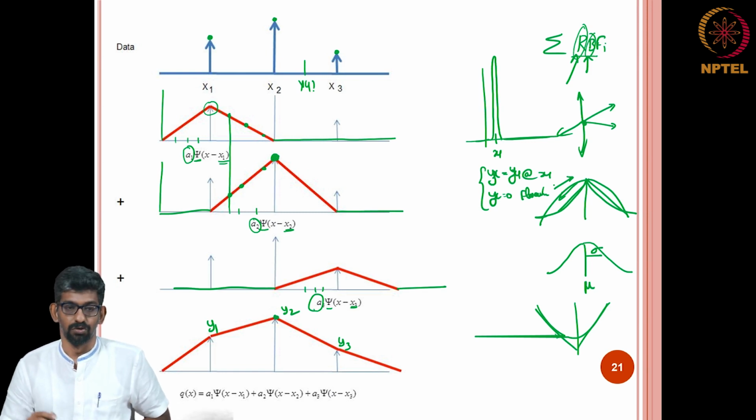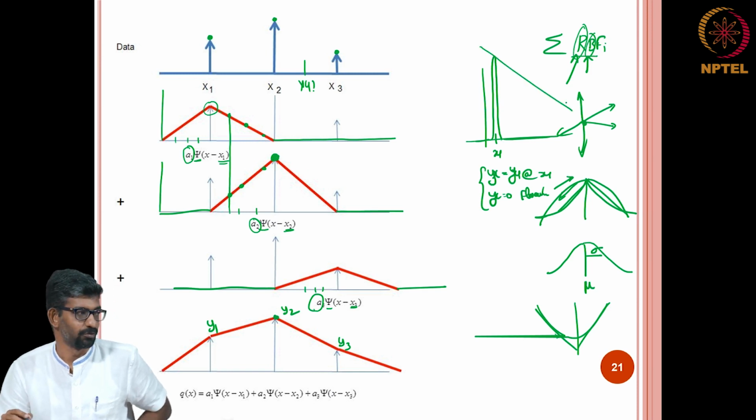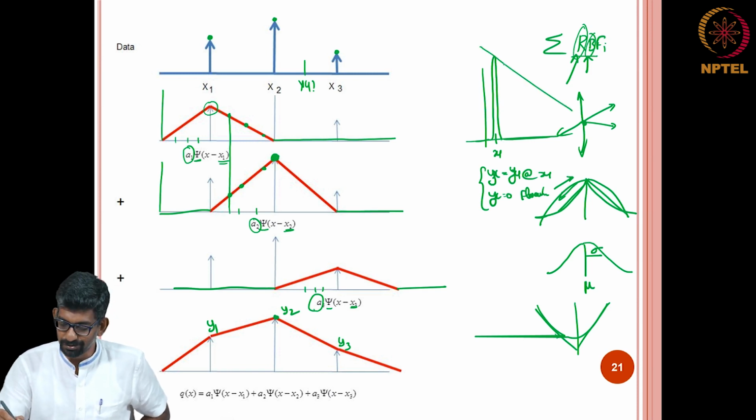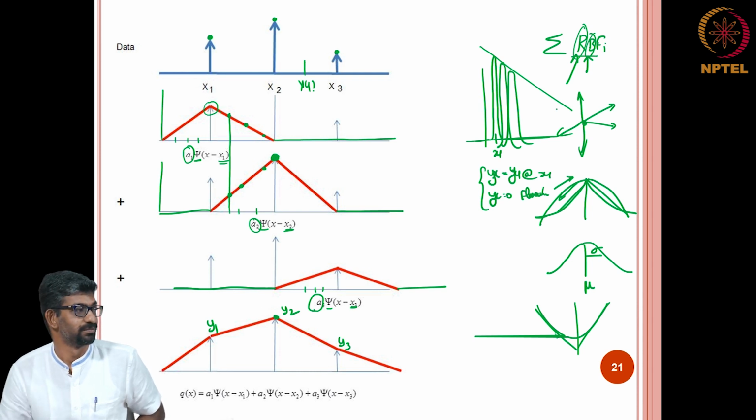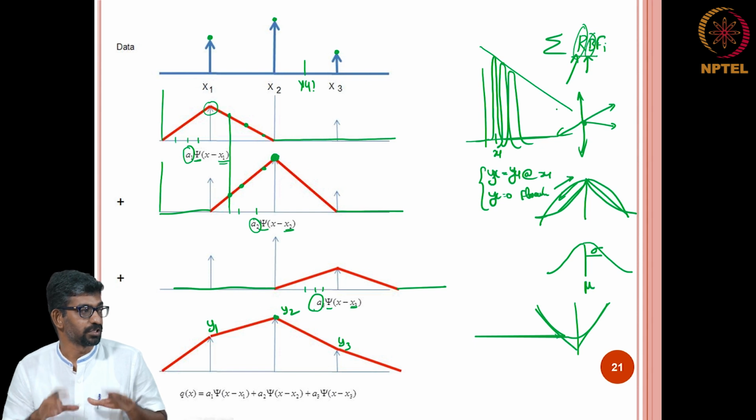Okay. So, for instance, if it is very simple, if I want to do this, it is an overkill. What you can do is you can have multiple Dirac delta functions and keep adding all these, and you will still get this approximation. You understand, right? So, this is what we are going to do. This is how the function approximation is achieved.